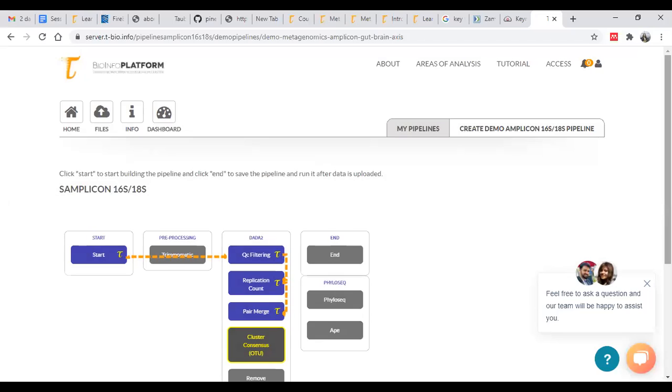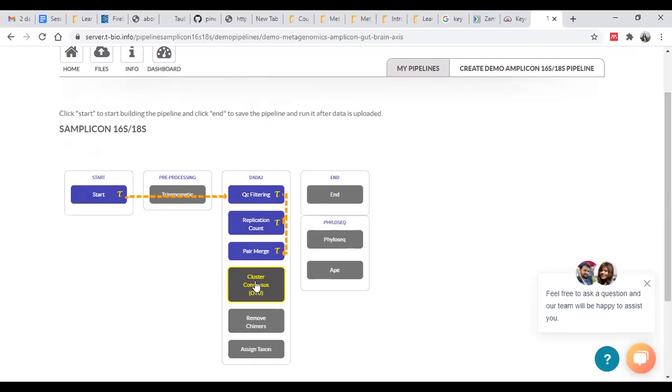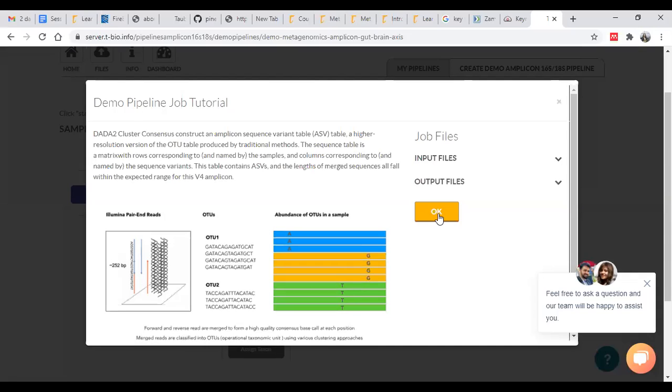The next step that is getting highlighted is cluster consensus. This cluster consensus forms groups based on the percent differences of each group, so it is going to produce your OTUs.